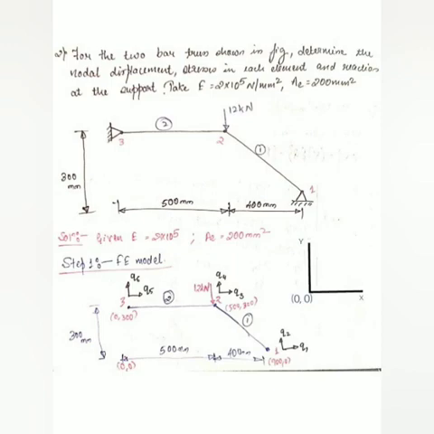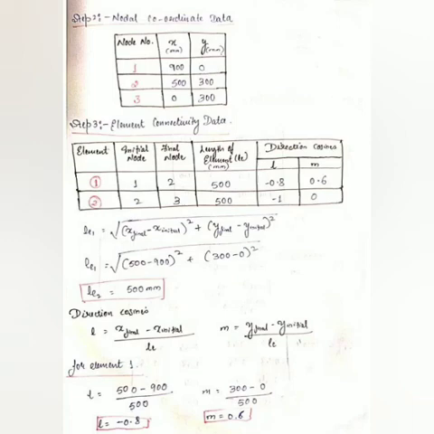On the right side I have shown you the xy coordinate system with origin 0, 0. All the truss problems you have to place in this coordinate system, that is the xy coordinate system with origin 0, 0, and you have to measure the distances of all the nodes of the particular truss problem with respect to the origin 0, 0. So in the current question, looking at the nodal coordinate data, node number 1 is having a distance of